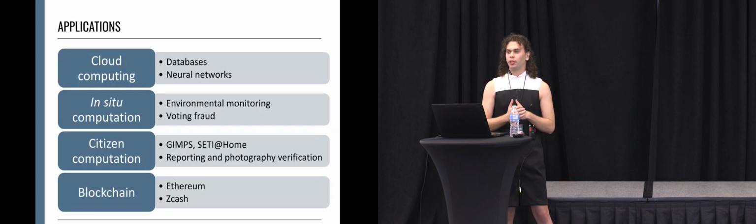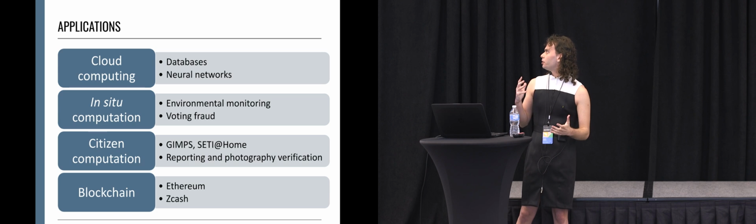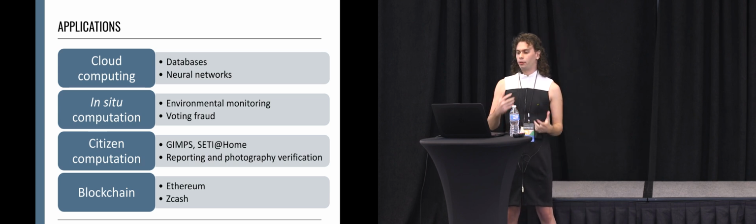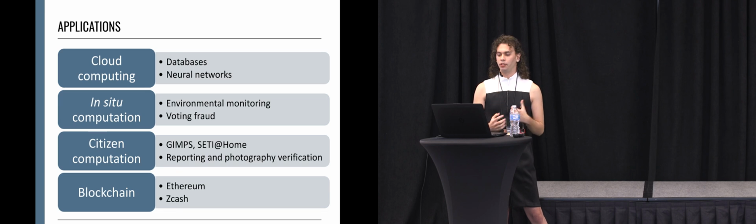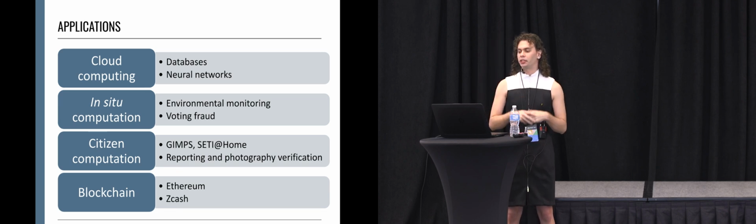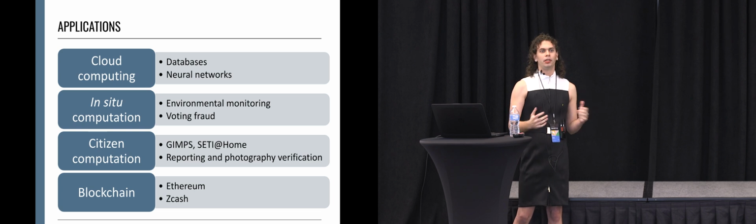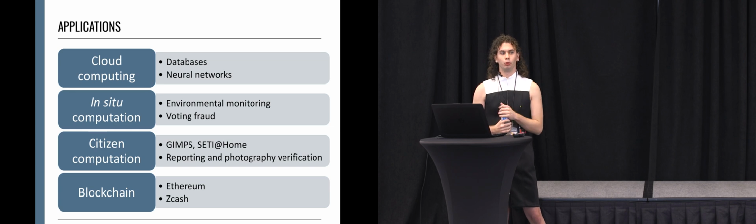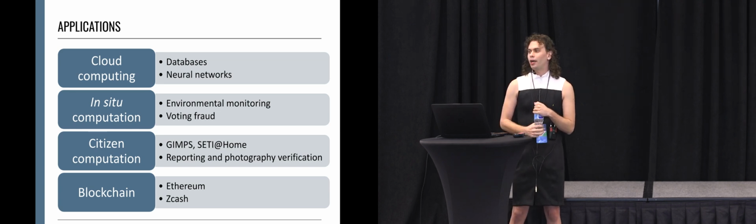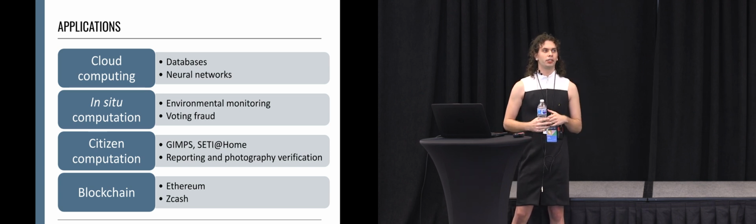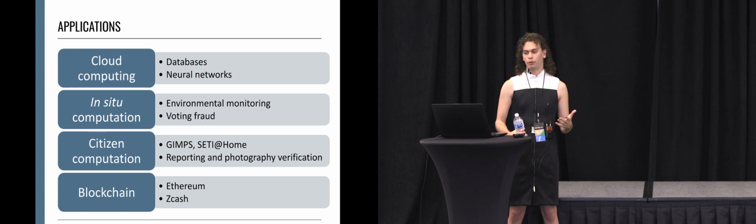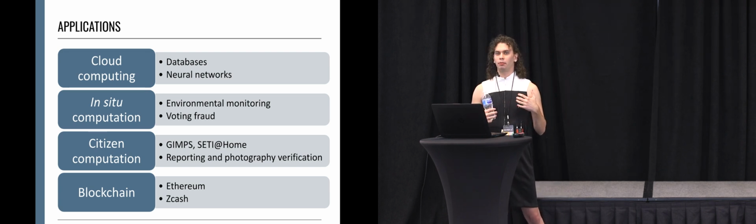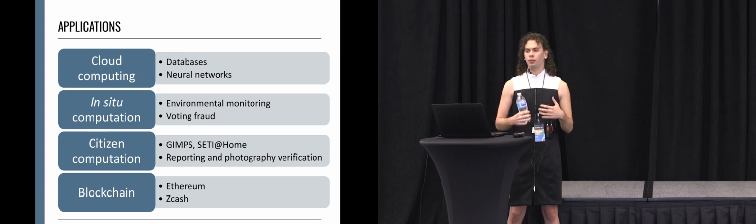So I've talked a little bit about applications, and I want to talk about that a bit more because one of the really interesting things about this field is how diverse the different applications are and how diverse their needs are. So you have cloud computing, where you have things like databases and neural networks deployed on the cloud, and you want to know that the person who owns the cloud is correctly and truthfully reporting the answers to your computations. You have in situ computation, where you take small devices and put them out in the world. And oftentimes they are accessible or deliberately interact with other people. You want to be able to make sure that they're not being tampered with and that they're able to accurately report the results to you, even if someone tries to interfere with that.